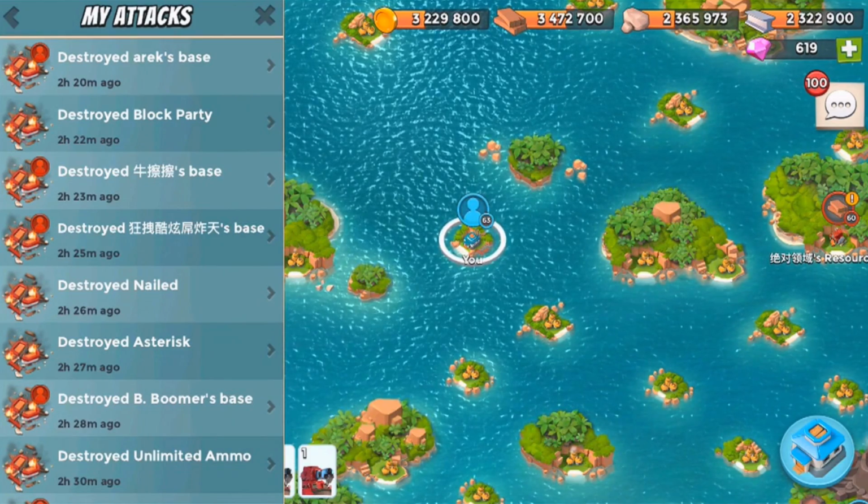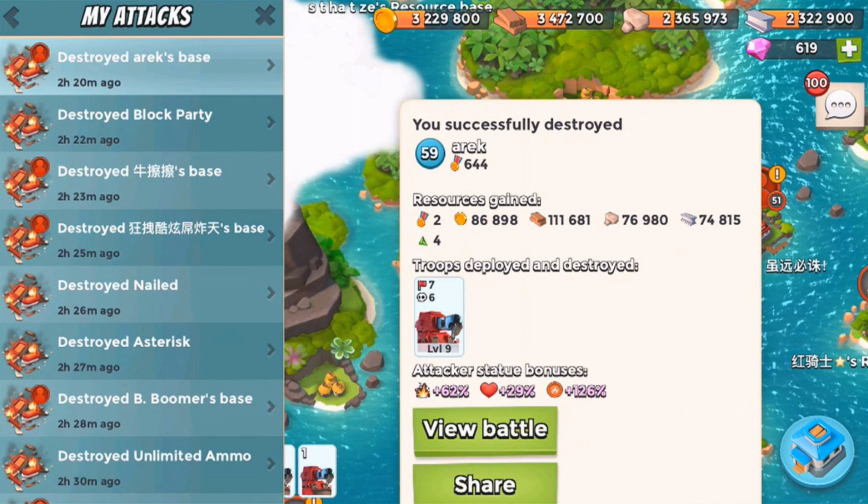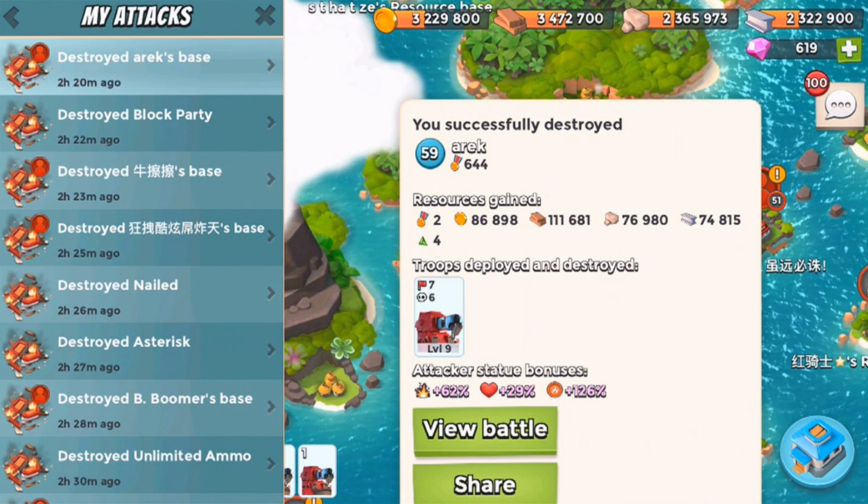Not the easiest thing to do, but anyway, we're gonna go here, and this is definitely the best anti-Scorcher base I ever faced before in Boom Beach, this Eric guy. Now,